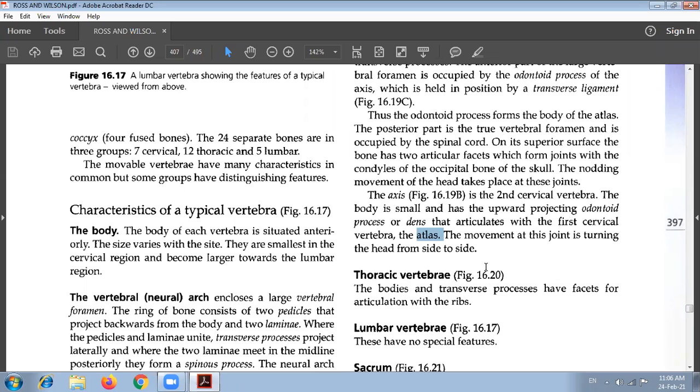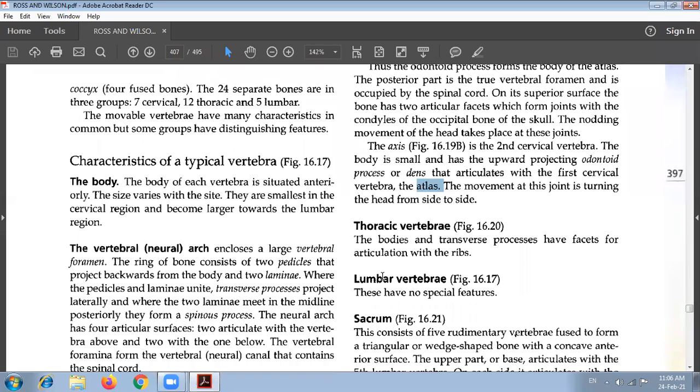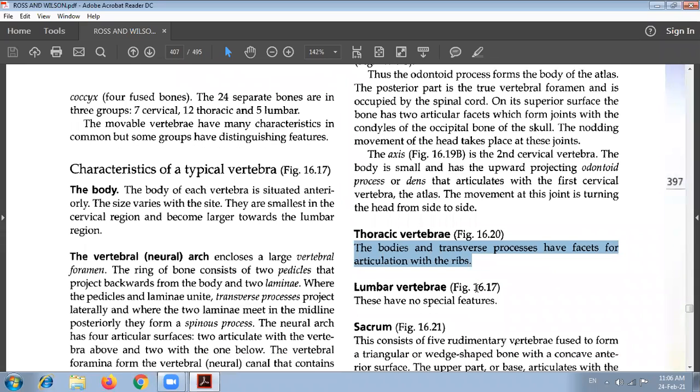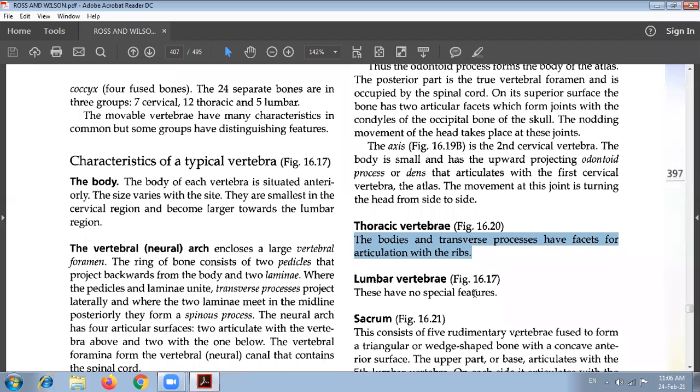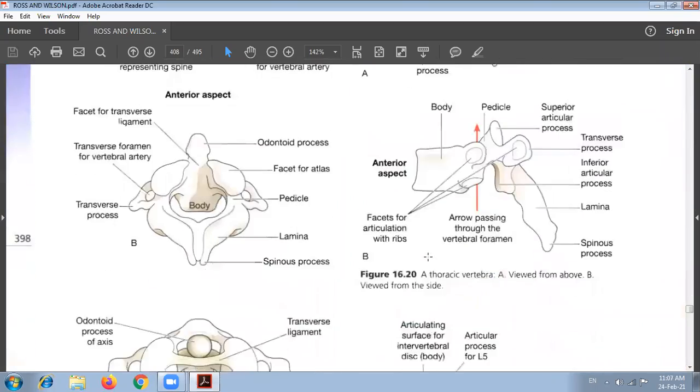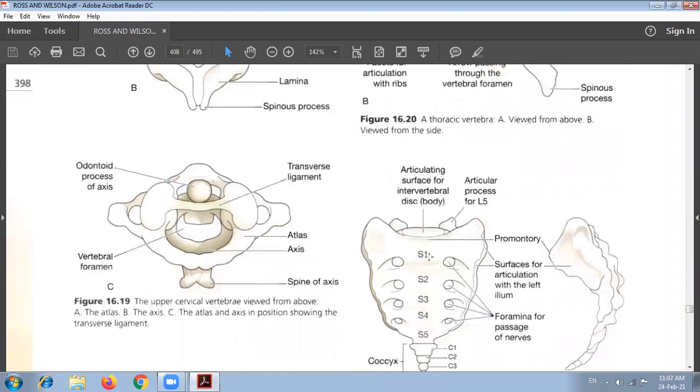The next region of the vertebral column is the thoracic vertebrae. The thoracic vertebrae again have bodies and transverse processes, and have facets for articulation with the ribs. We also saw that the axial skeleton has the thoracic cage, and the thoracic cage has the ribs. So from the anterior side, the thoracic vertebra has the facet for articulation with the ribs. So these facets are present here. You can see in the thoracic region,